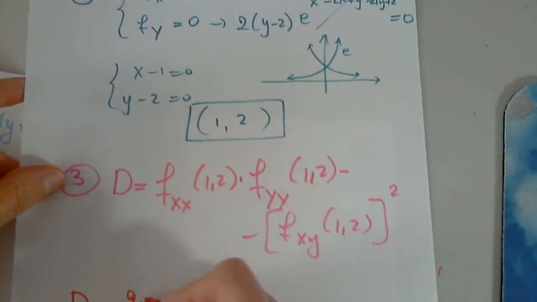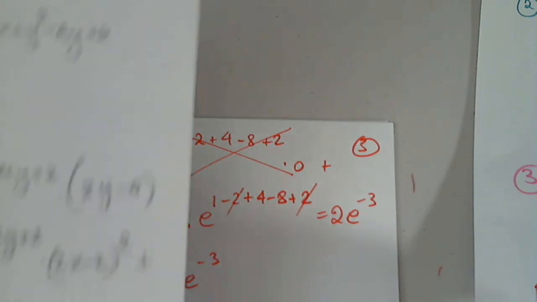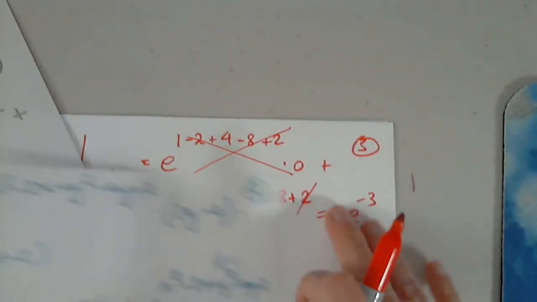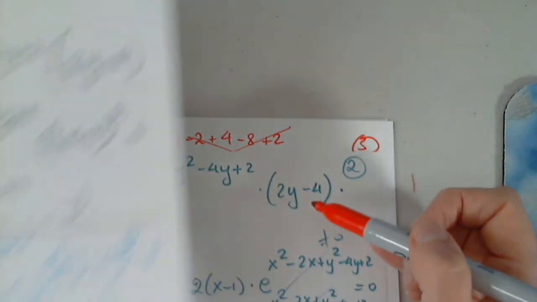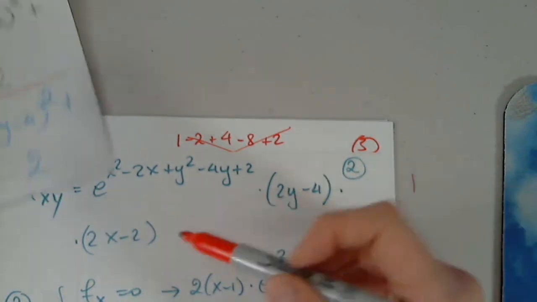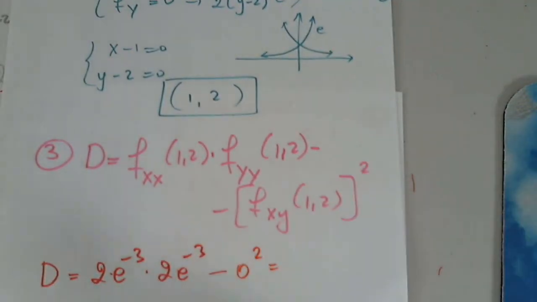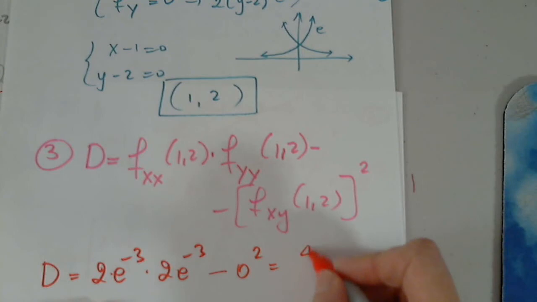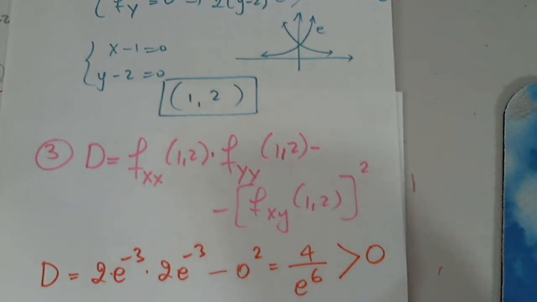I'm going to put them in here. So 2e to negative 3 times 2e to negative 3, and then minus. Now I have to determine this. Where is fxy? So it's right here. Let's see what happens. When y is 2, this is 0, and the whole thing is 0. So this is 0. You don't have to write 0 squared, but I just want you to know that I determined that. So this is 4 divided by e to the 6th, which is definitely a positive number, which means